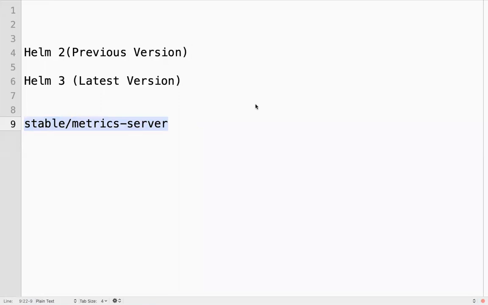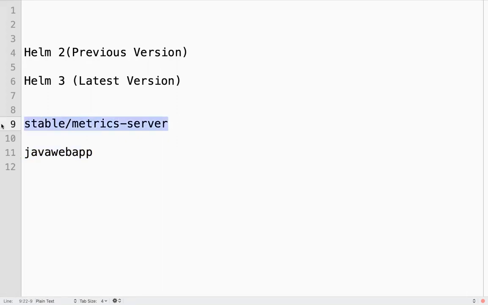Do you feel like Helm is simplifying the process of installing, updating, and deleting the applications in Kubernetes, right? So tomorrow what we will do, we will create a Helm chart for our own application. Then we will understand what is template, what is values, right? So tomorrow we will continue.